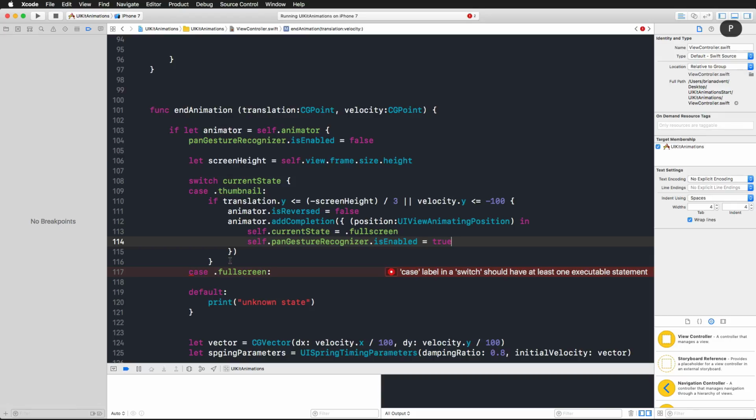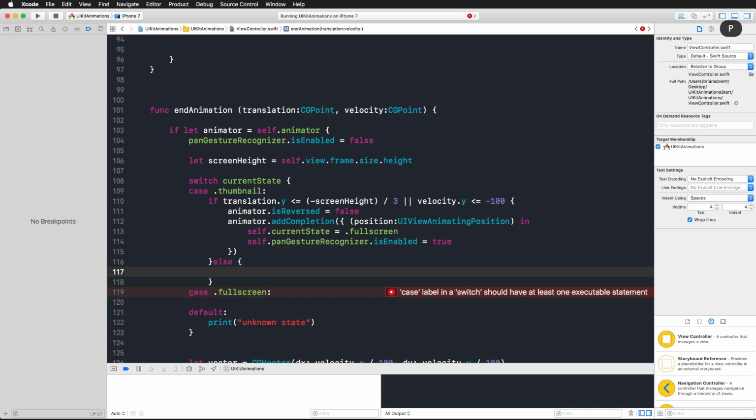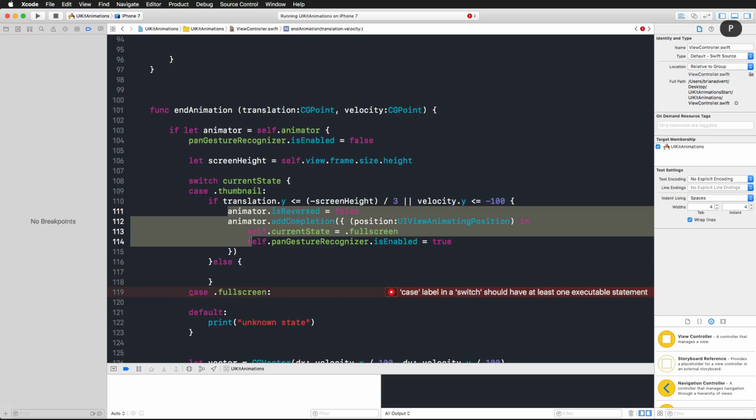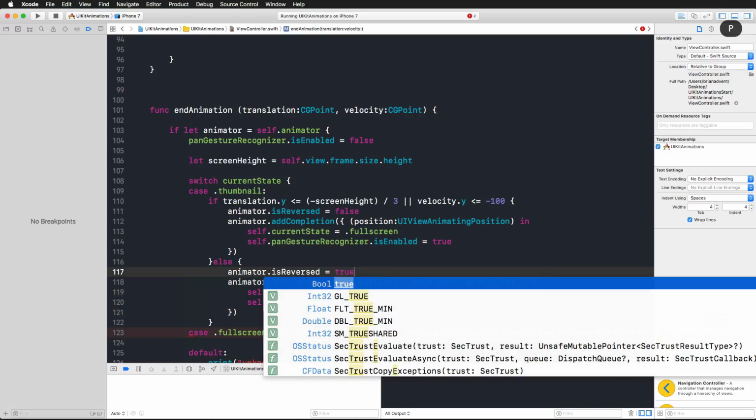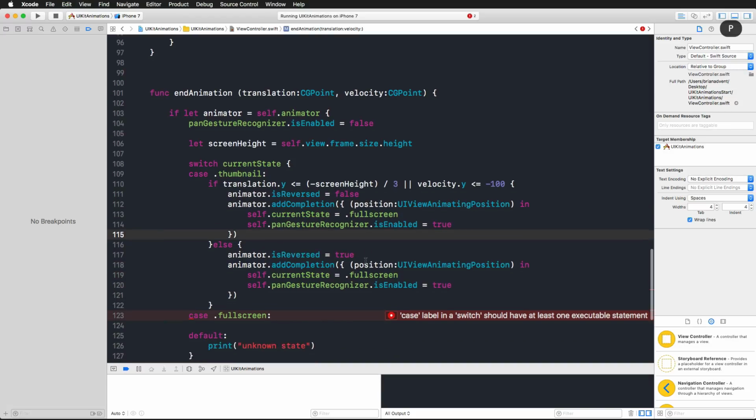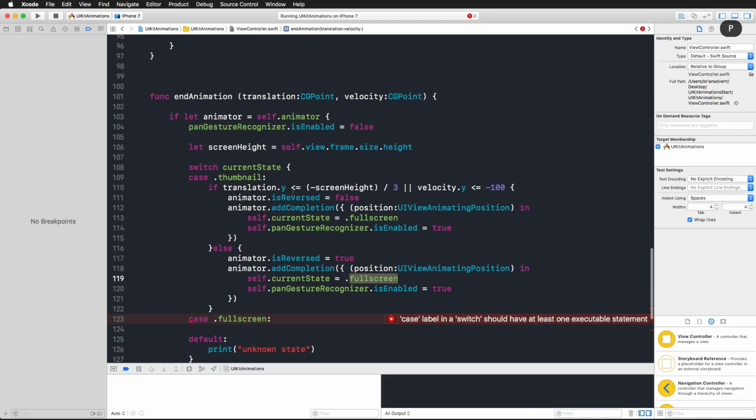So, in any other case, in our thumbnail state, we'd like to do something very similar. We'd like to use the is reversed property, but this time set it to true, and also make sure that now that we are actually moving our finger from the top to the bottom, our current state is going to become thumbnail, no longer full screen, and this also means that our animation is indeed reversed, but our pan gesture recognizer can still be activated. And now